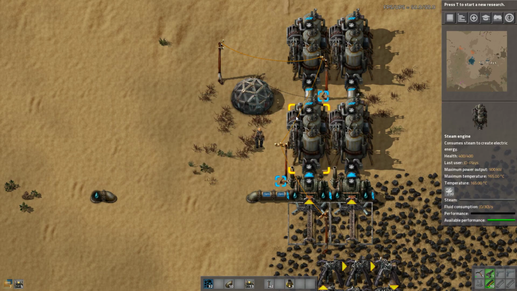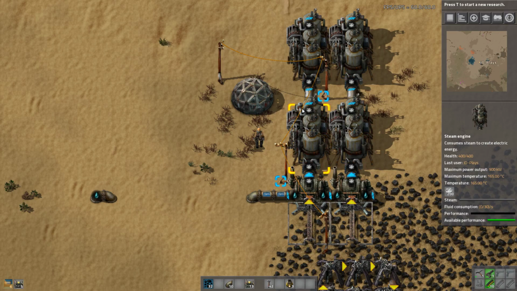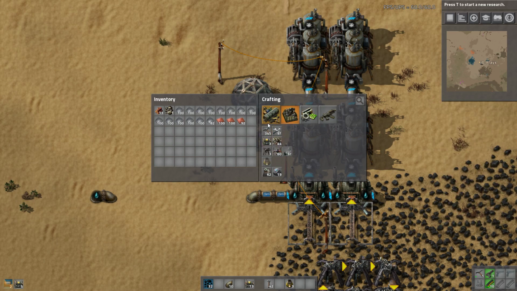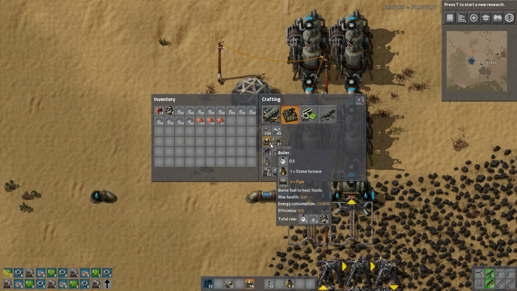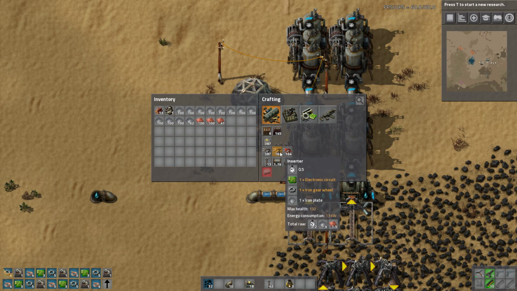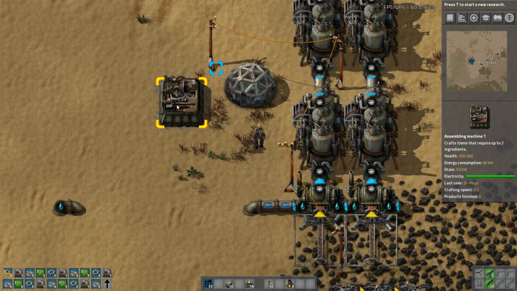Okay, first part of research is done. That gave us access to the assembly machine and the long-handed inserter. So we want to start automating things with some assembly machines. I'm just going to make a stack of them because we're going to use them. And we're going to make some inserters, which literally move things from one square to the next. First thing I want to do,